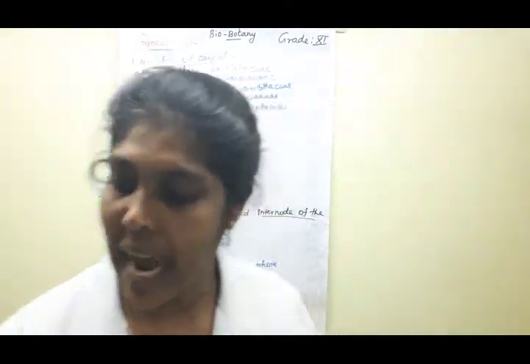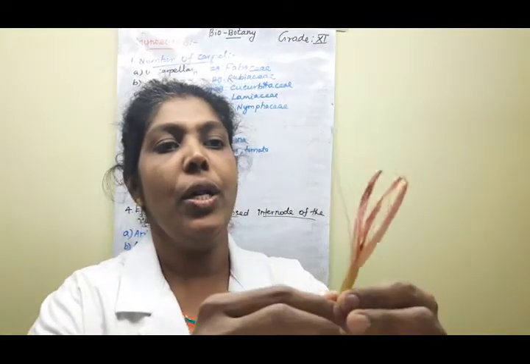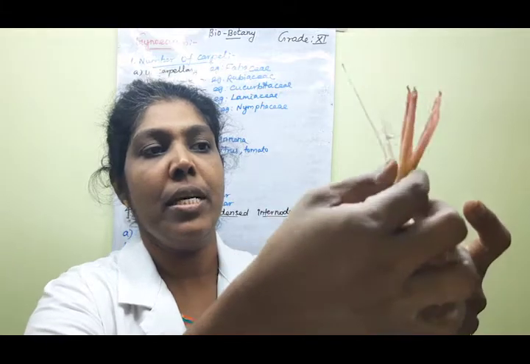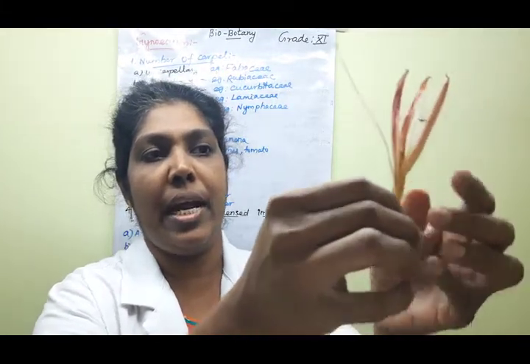Next, I would ask this question, children. Pistil means what are the things present there? Very good. Present in it are the ovary, style and stigma, isn't it? So ovary, style and stigma. All of you listen. Look at this specimen, children. This is the real specimen. So here, first one, all of you listen very carefully.